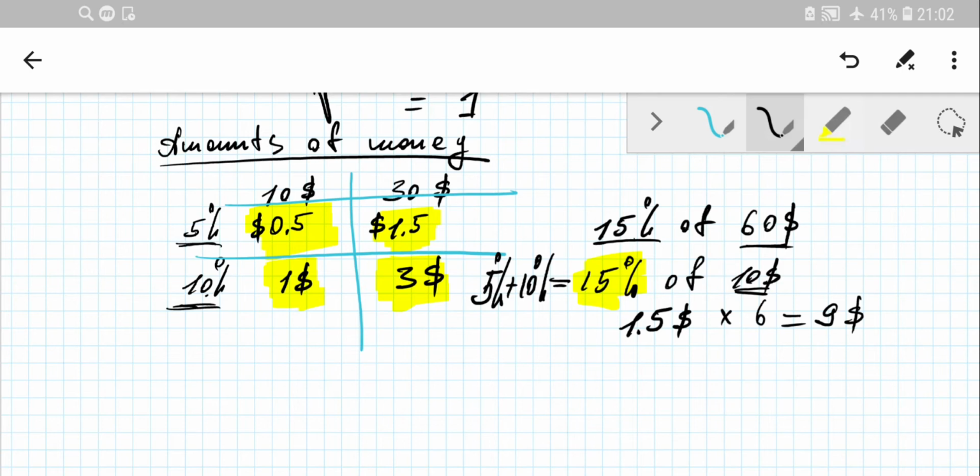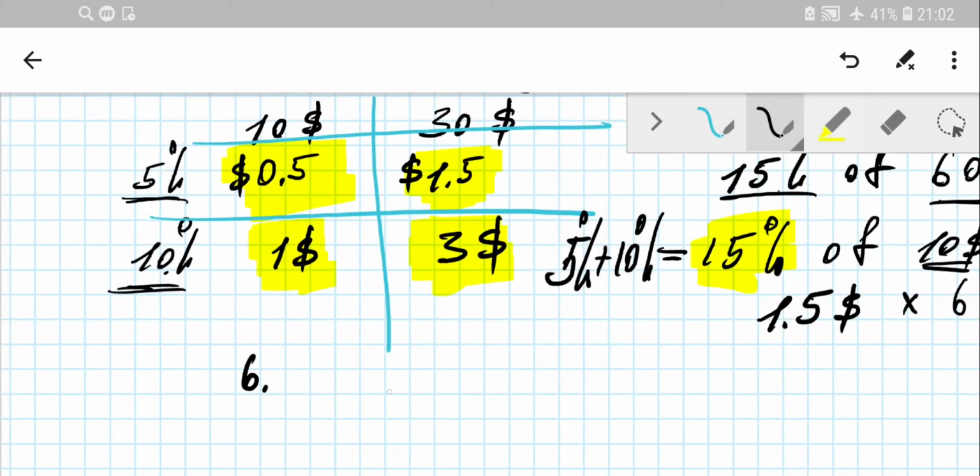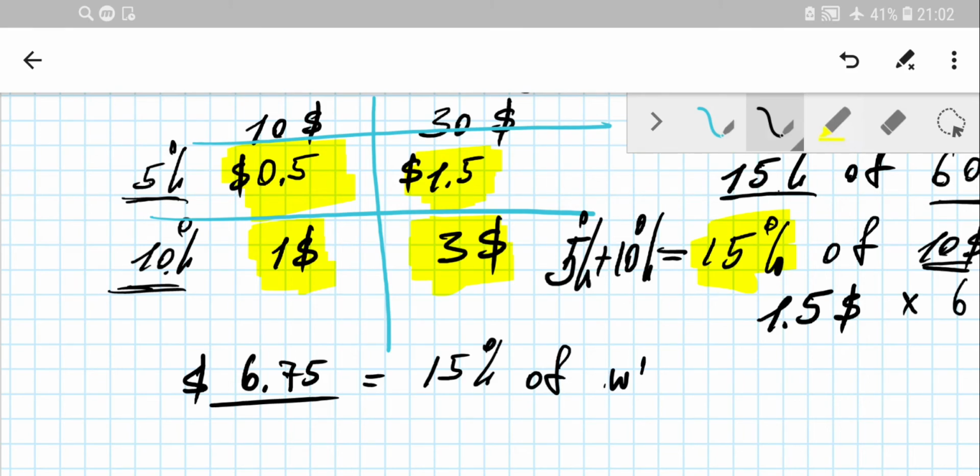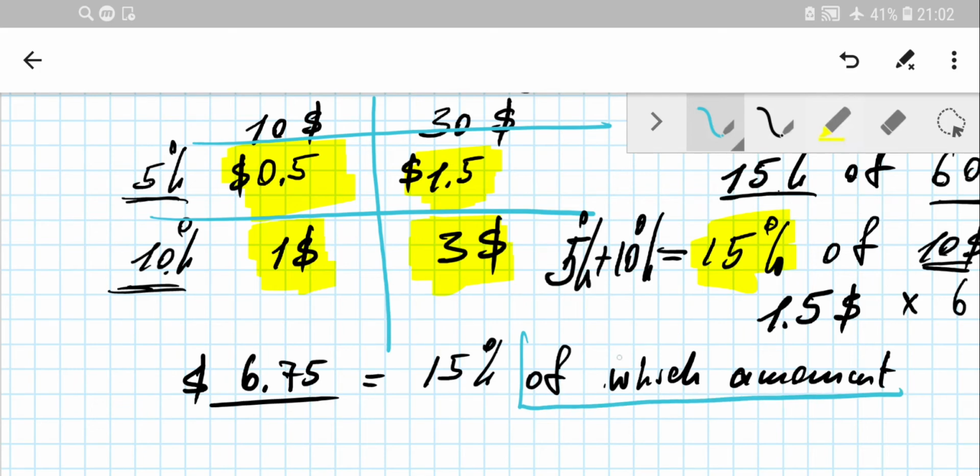Okay, so probably let's calculate some weird amount. Say you need to calculate $6.75. So you're given that amount, right? 6.75, and you want to calculate it as, let's say, 15% of which amount? So you need to figure out the amount in dollars, so that 15% of it will give you